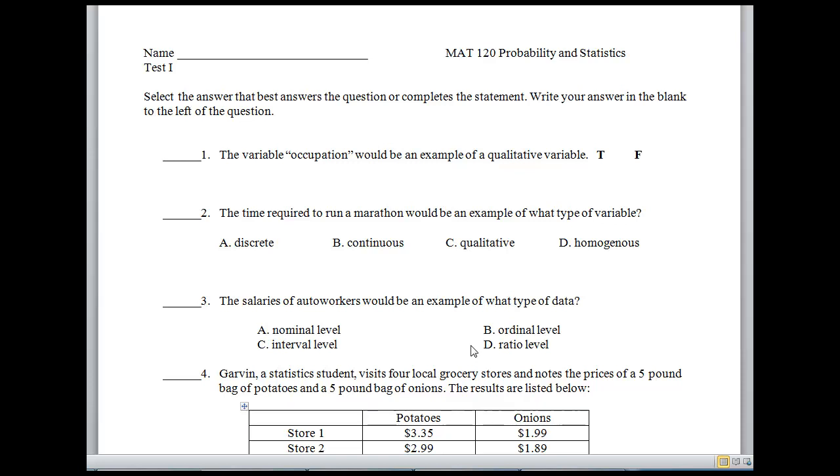Now that's not the one that doesn't have a natural zero. The next one, interval level, doesn't have the natural zero. Okay, we can put it in order, we can calculate precise differences, but zero doesn't serve as an initial kind of starting point. When we think about the number 0, usually we're thinking that's where things start. It starts from 0 and goes up, right? But if you could possibly go down past 0, or if possibly the value can never take on 0, then those things would be interval level data.